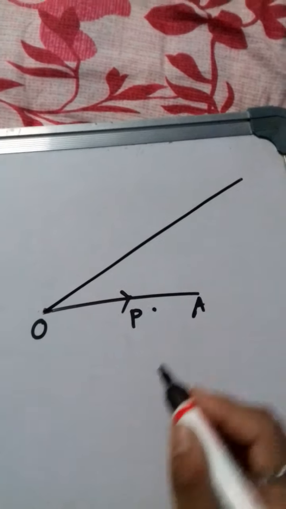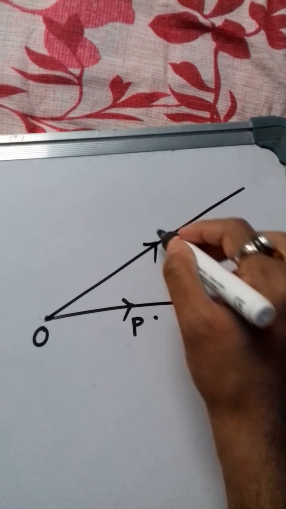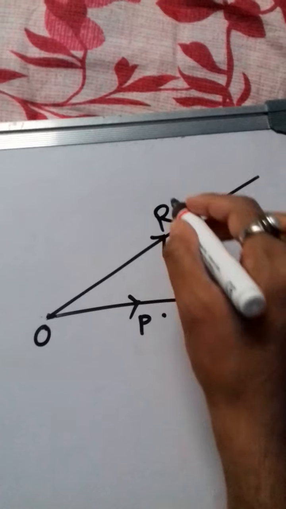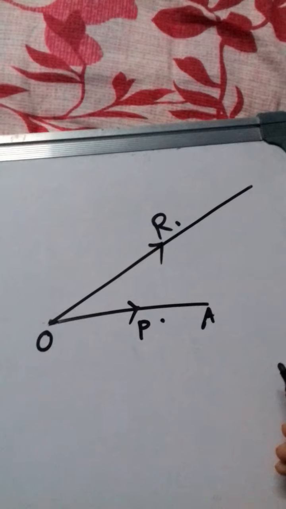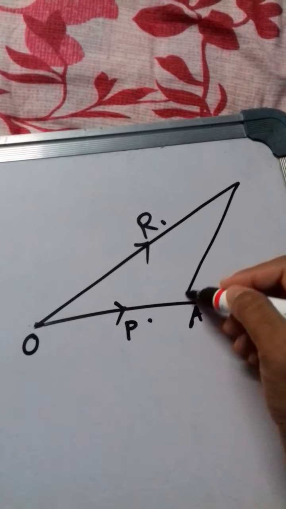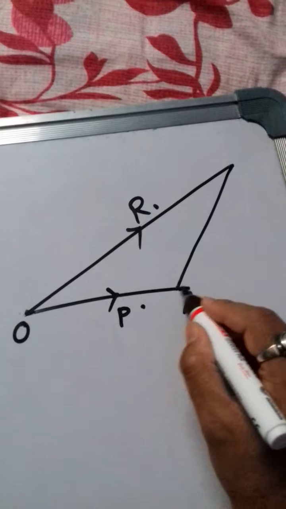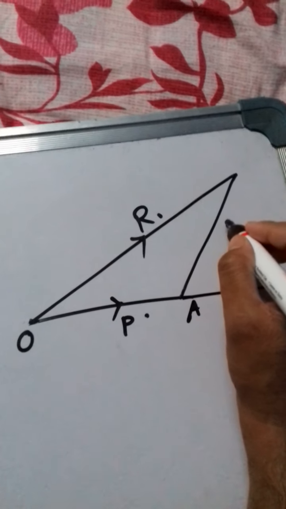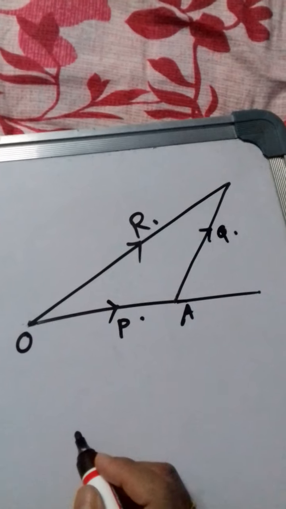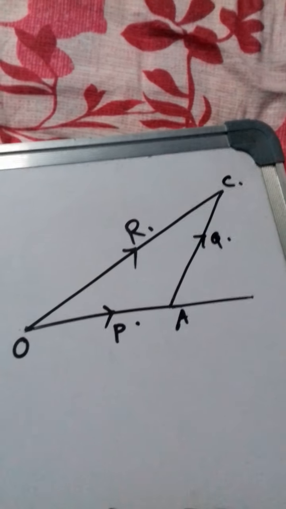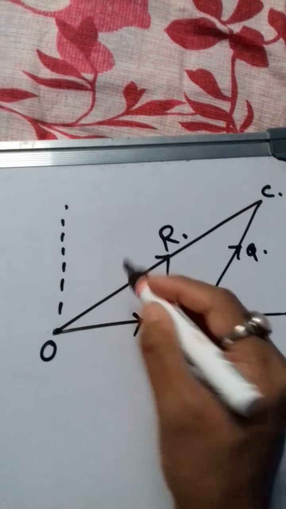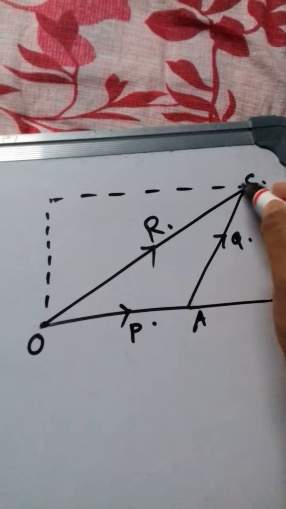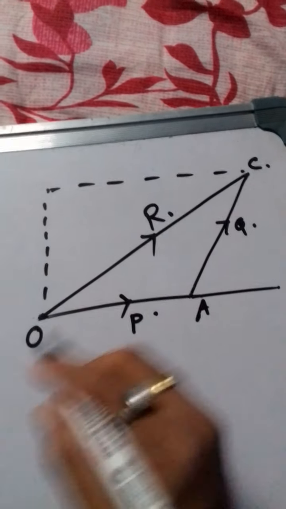Let us take the resultant. Resultant was given by R, right? So this was the resultant. You consider that this is the diagonal of that parallelogram. Clear? Now again, the force Q can be represented like this. So this is the force which is Q, right? And this was the point C. Okay, so it was something like this. This is your total parallelogram and we are taking only the resultant.